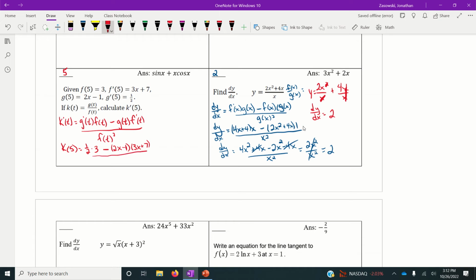All over f of 5 squared, which is 3. Okay, so we're going to get, from this first part, we're going to get 1.5 minus